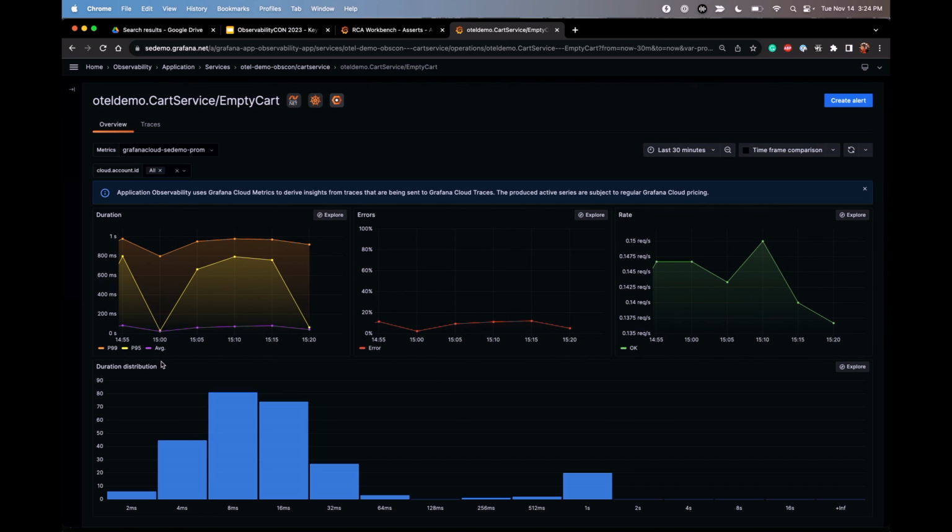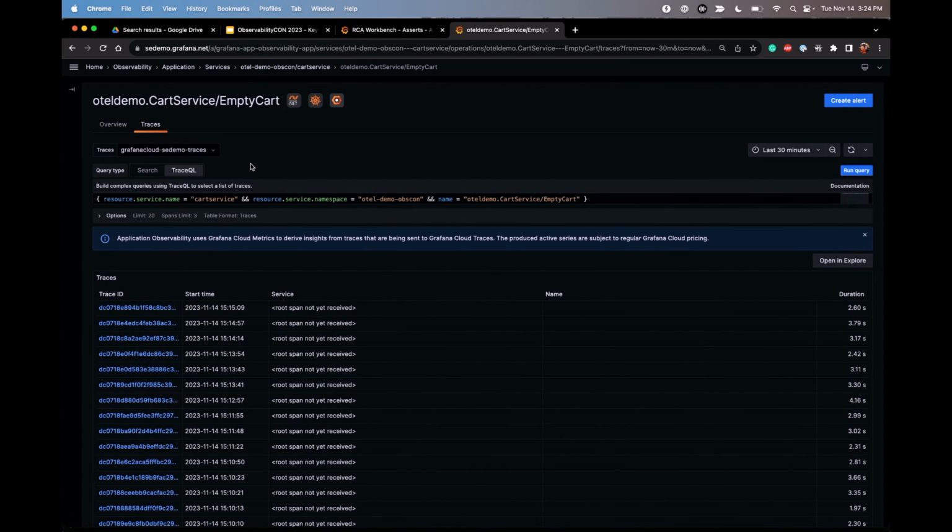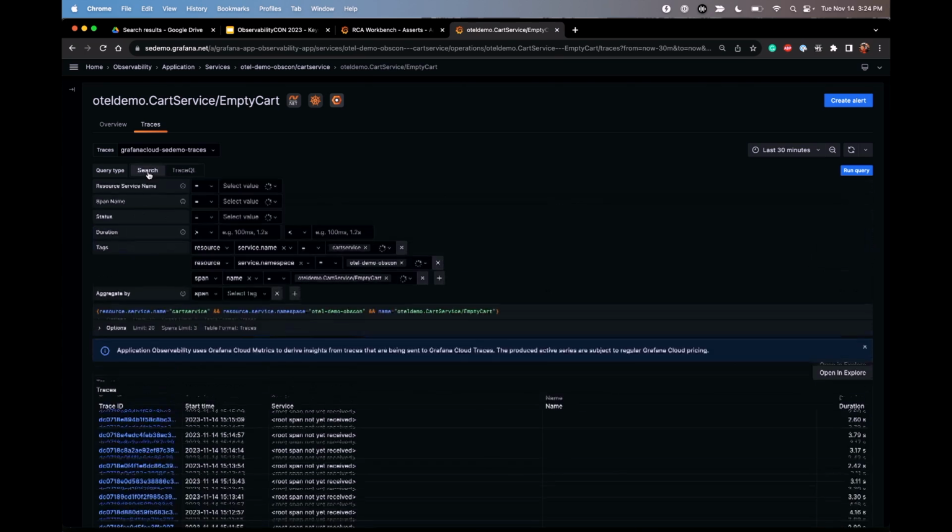Let's jump into it. Alrighty, so red metrics, they indeed show an elevated error rate. The duration distribution panel looks pretty interesting. So basically most of the requests that were taking 1 second earlier are coming for this particular operation. Let's jump into the traces and see what we can find out. So, I hate TraceQL. Okay, let me actually filter a little bit the spans and just find the ones that do contain errors.